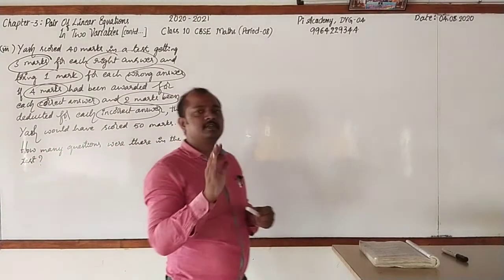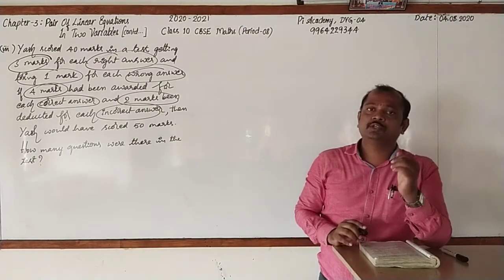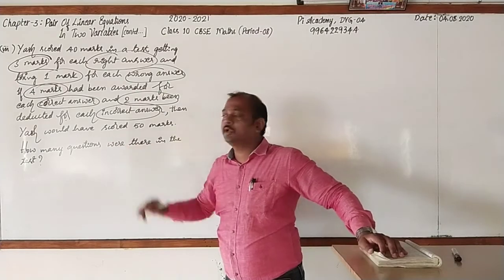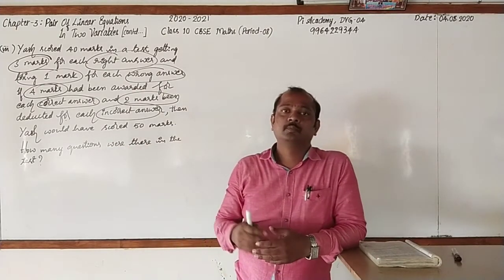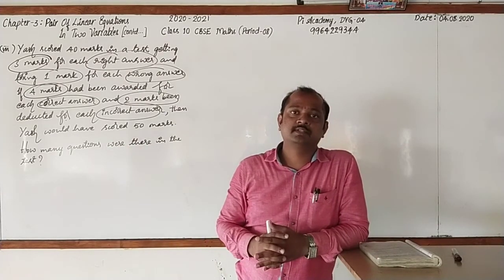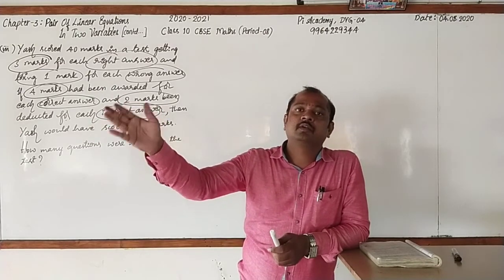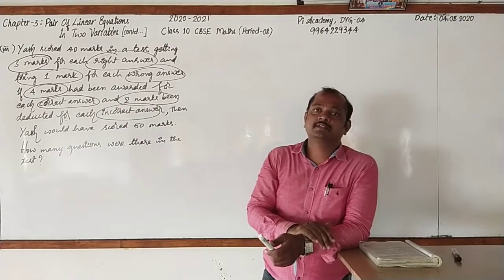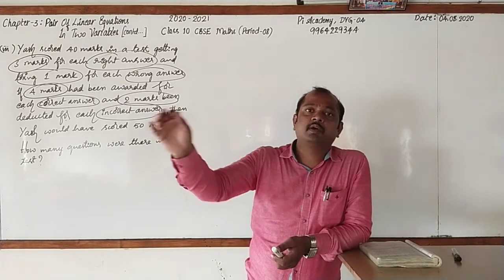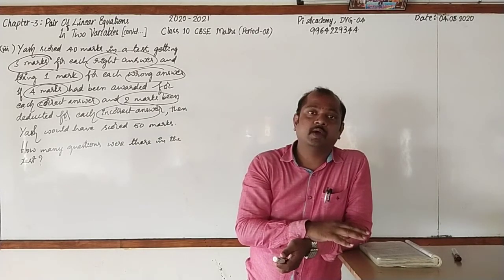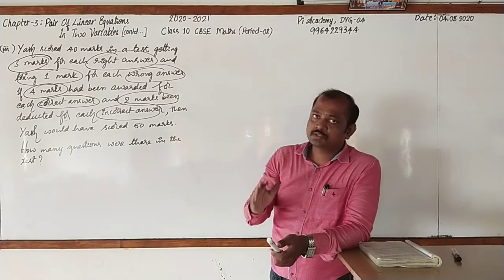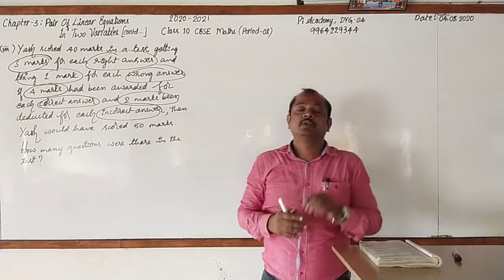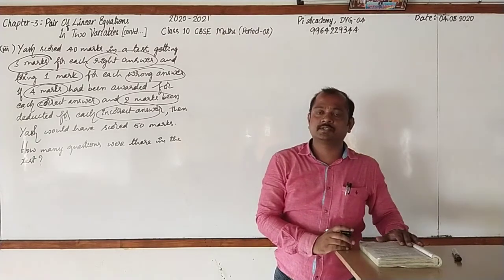This is the simple statement. I hope that you can do. Here you are going to find out the total number of questions. That includes both wrong answer and right answers. So you can take right answer question as number of right answer questions x, number of wrong answer questions as y. Understood? And by observing these two statements, you can go for making two equations.